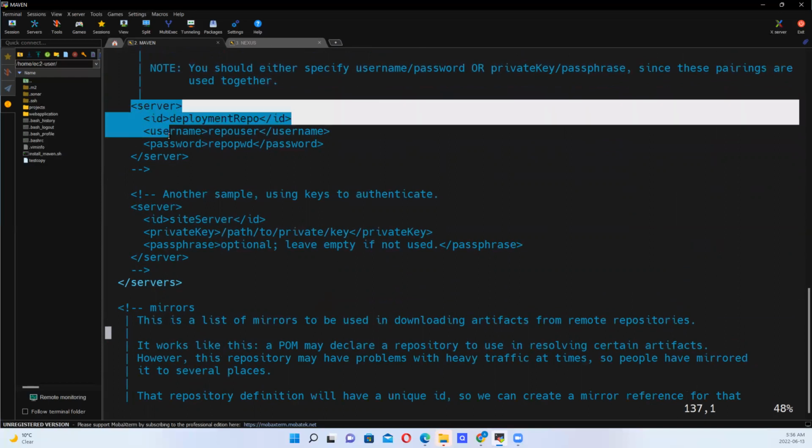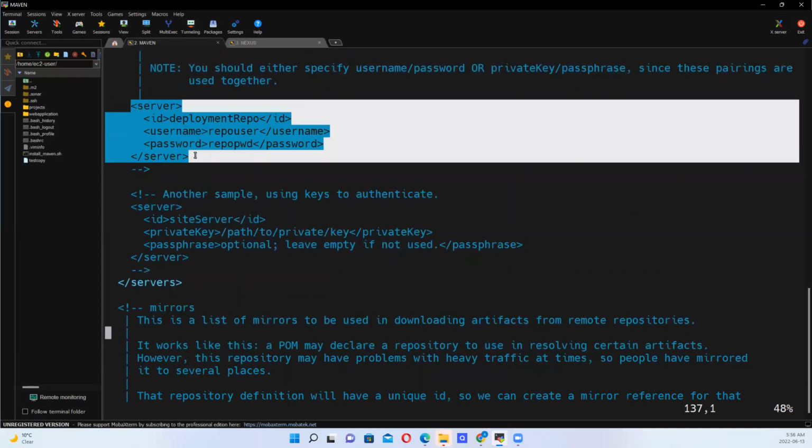This server, I can see a 5-liner. I can see server opens here and closes here. I can see deployment repository, right? I want to be able to put Nexus here. I can see username. I want to be able to put admin here. I can see password. I want to be able to put admin123 here, right? That's for the server. So what I'll do is that I'll copy this and try to take it out of